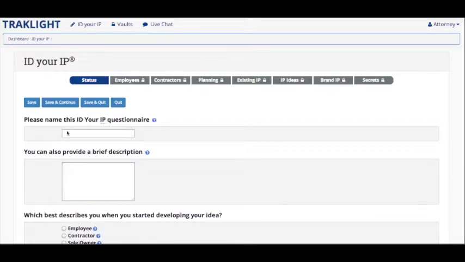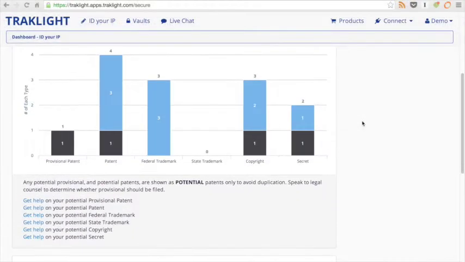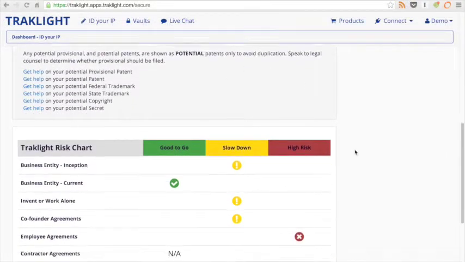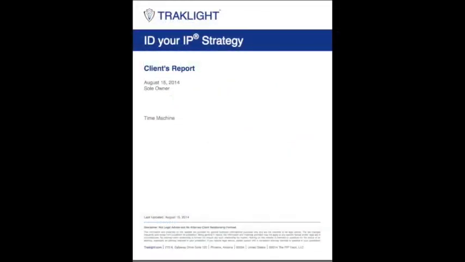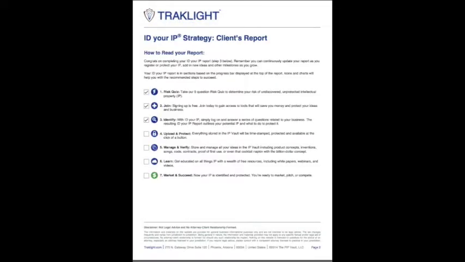Traklight is the only product for business owners to identify their intellectual property and other intangible assets and ultimately protect the value of their business. The ID Your IP questionnaire generates custom reports identifying areas of risk that will help develop a solid IP and